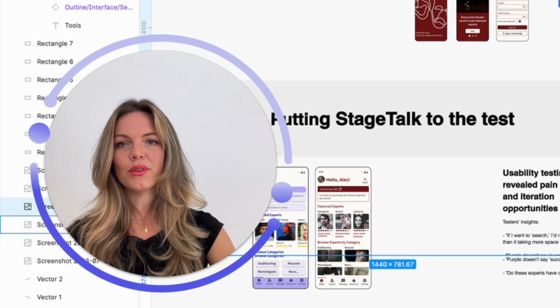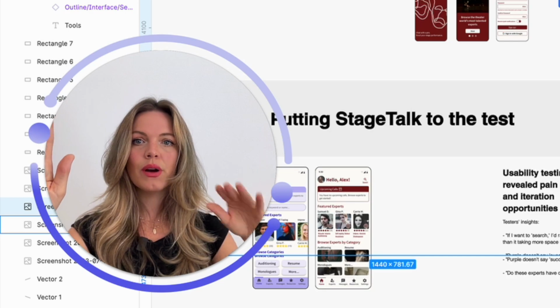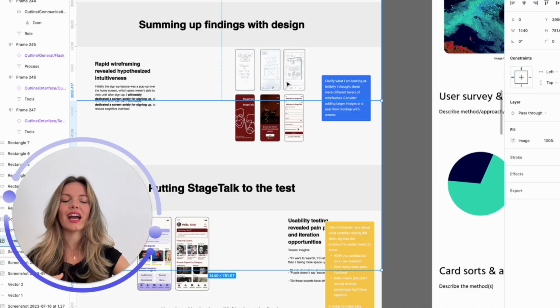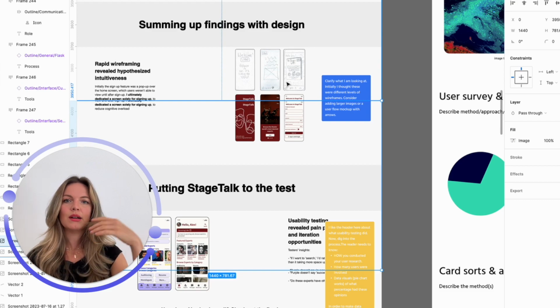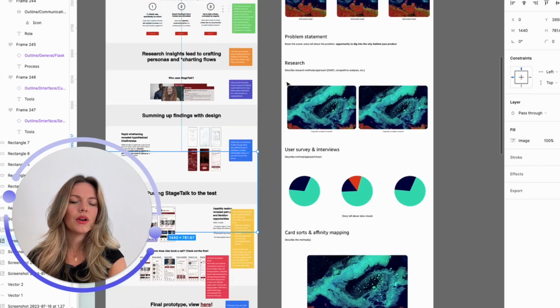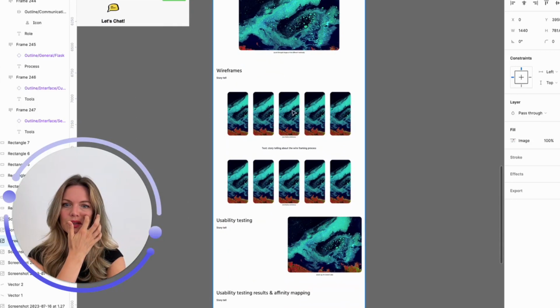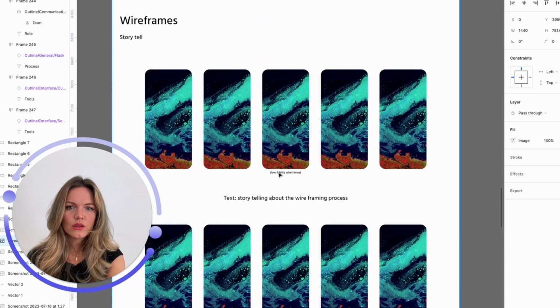People love a good before and after, so you have your before flow and your after flow, but I need more description. I need more details about the process of how you got from point A to point B within this section. I'm gonna hop over here and just give you an idea of, here's your low fidelity wireframe,